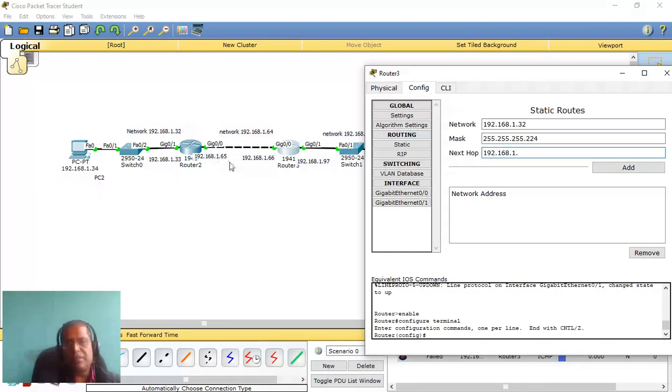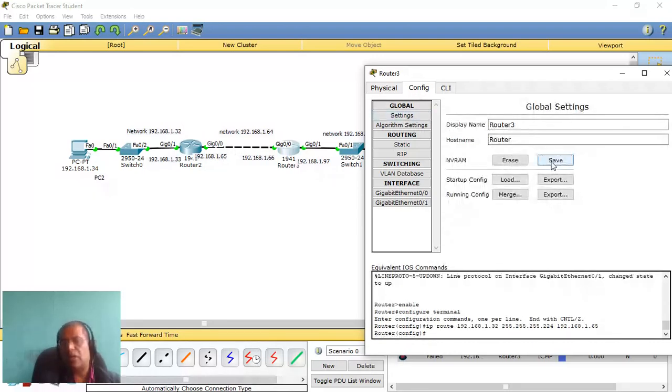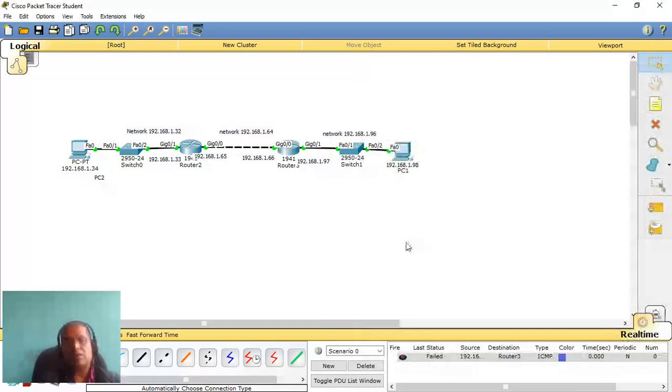This interface is 65. So we will add this one. So this network is added, and let us go to the global settings and save this configuration. So now we have done the configuration. So now we have done the task.